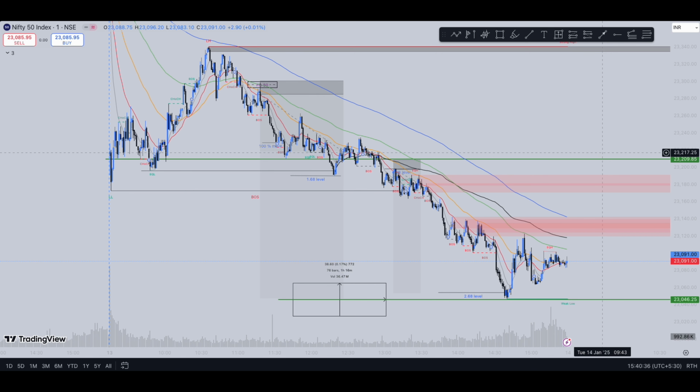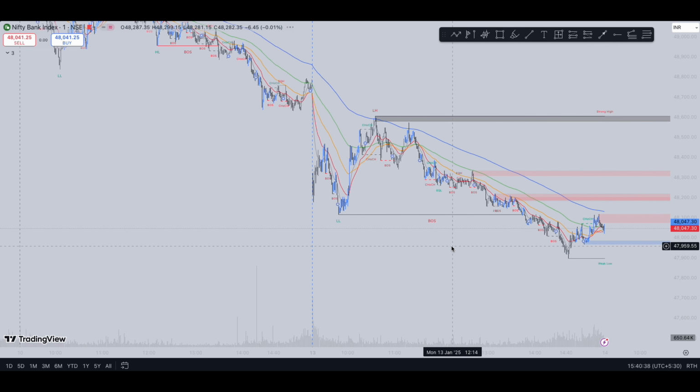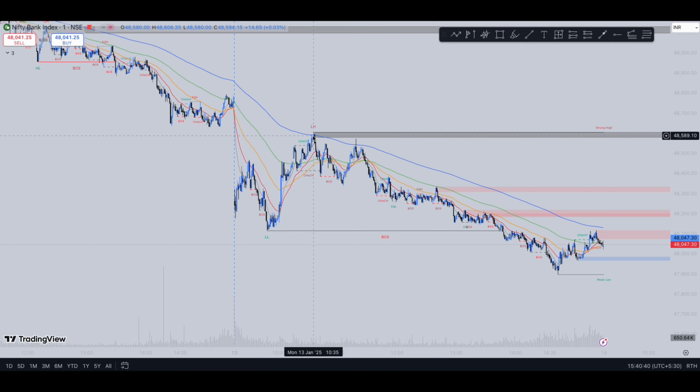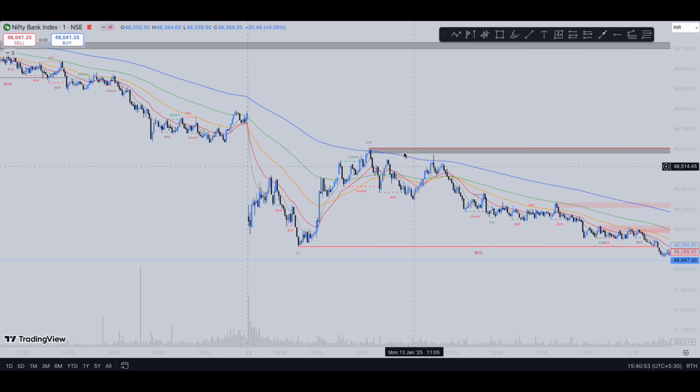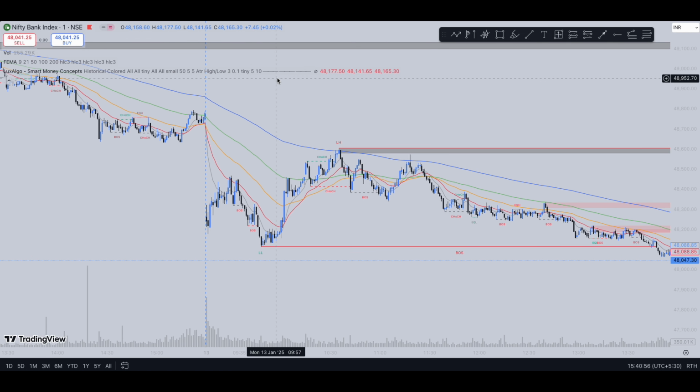And now let's look at Bank Nifty. In Bank Nifty also, you can see clearly that the market gapped down. The gap down was around 230 points, I guess. It's around 400 points, too. It's around 400 points. And if you try to plot,